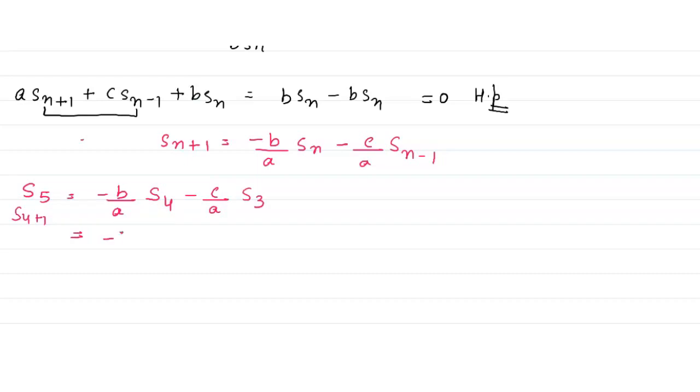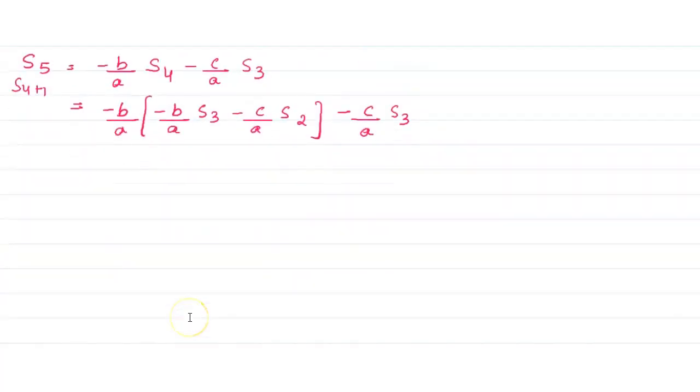Now again find the value of S4. So we can write minus b by a S3 minus c by a S2. Just simplify it. So what you will get? You will multiply it. So it will become b square by a square S3, and minus c by a S3, and this will become plus bc by a square